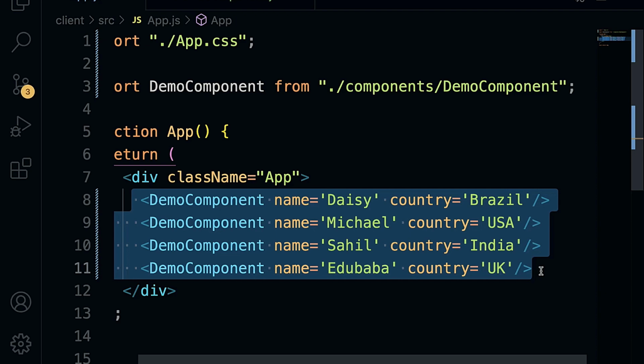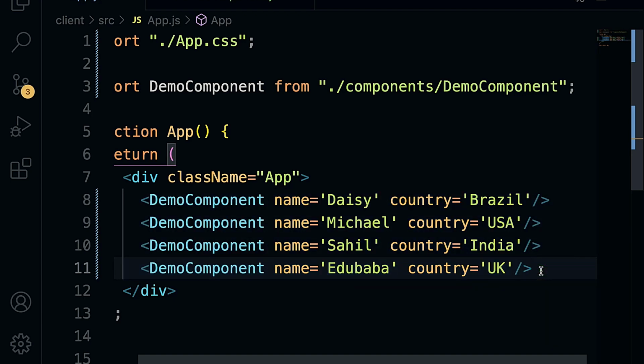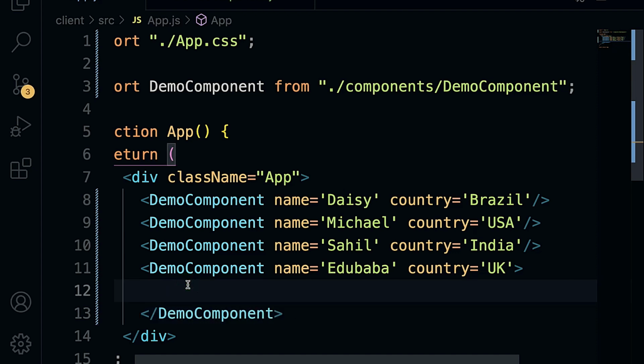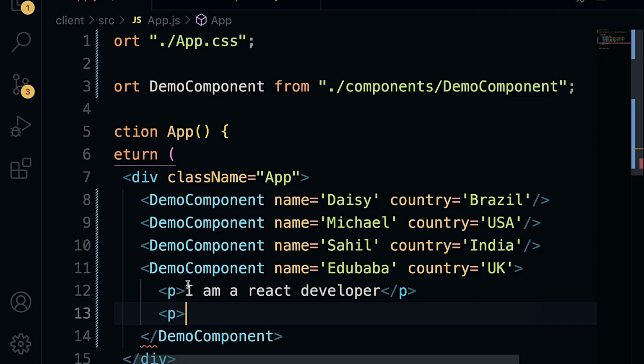So let's say we want to add a couple of pieces of information about this guy, including his profile picture. Alright, so what I'm going to do first is to clear off the self-closing tag and then close it down with the actual closing tag. And here it is. So this is the closing tag that is used when the component has children. And in this case, here we are going to have a p tag. And right within this p tag, I'm going to do, and here we are going to have another p tag. And I'm going to do,